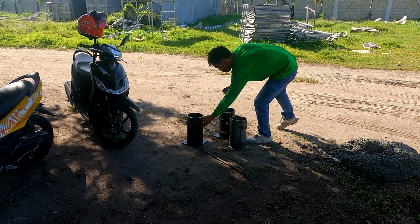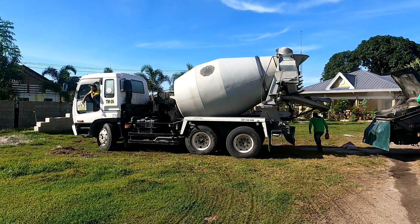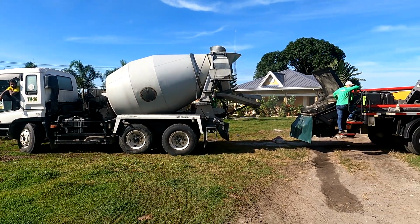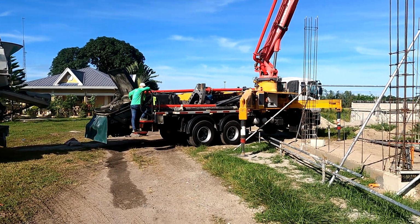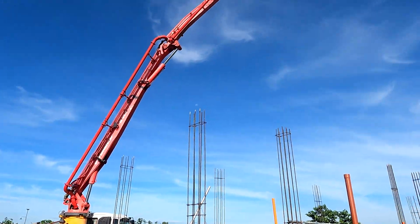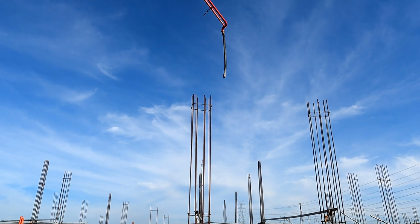But we'll just watch. We'll come back and see what happens. Second truck, just arriving. So for anybody that's not seen this, myself included, concrete gets delivered into that hopper, and the pump on this beast delivers it through this monster to wherever